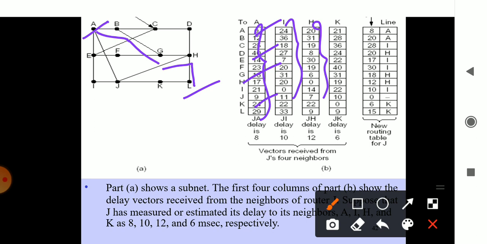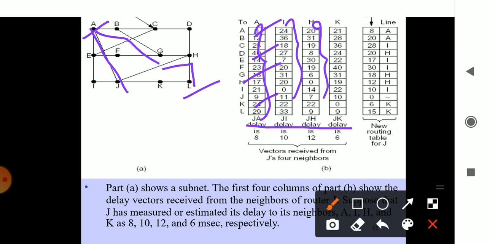Now sometimes there may be chances of delay. For example, each and every time one router may be taking time to execute its data. Here an example of J is being considered. It takes a delay moving from one end to another end. So it has to move. J, it is taking time. It may be a delay to A, 8 seconds.